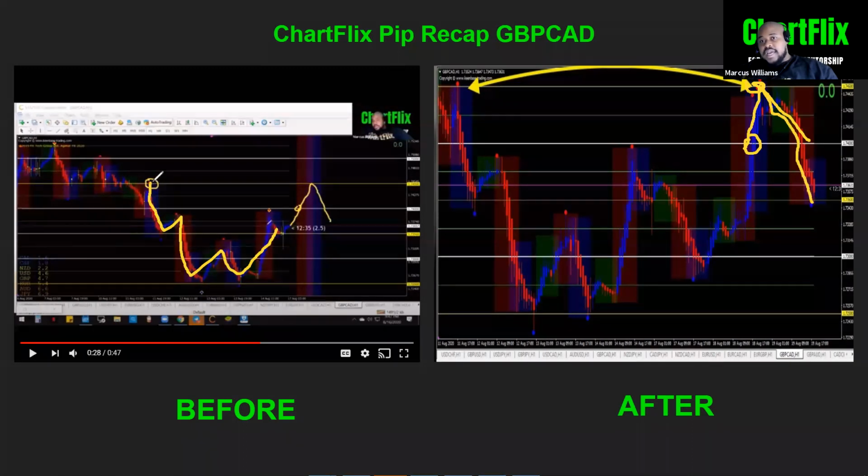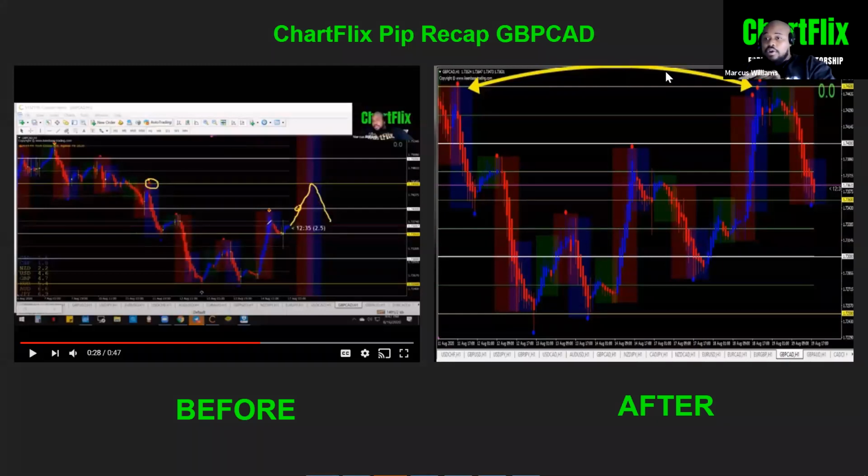But if you look on the left side of the screen, you can see why it dropped down so far, because it was just copying the left side of the screen. So we use the data, and guess what, guys? We use pending orders. We don't even do market execution. We set our trades and let the market come to the optimal, most high probability price, and we let them play football, okay? We don't even do market execution.